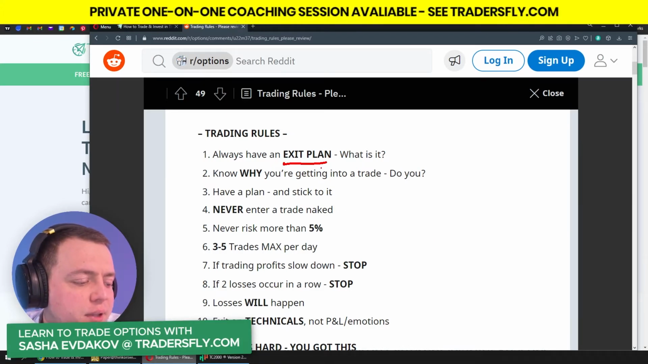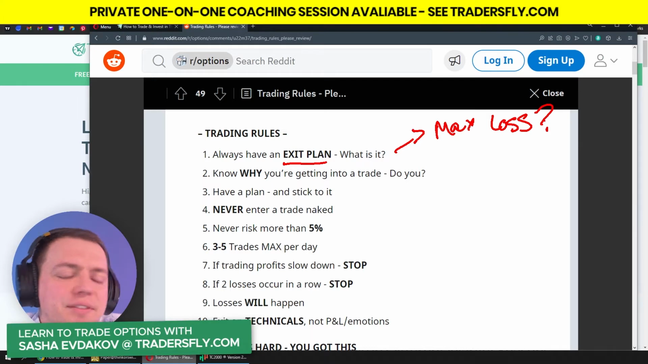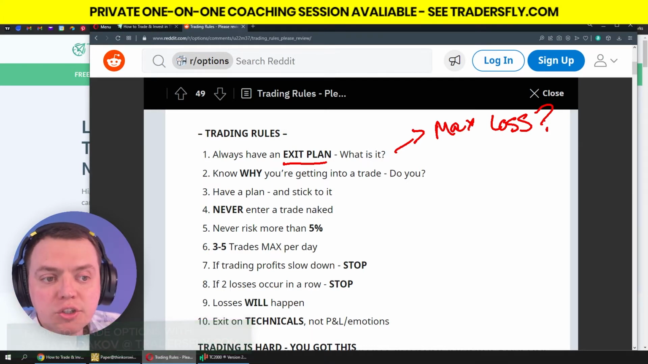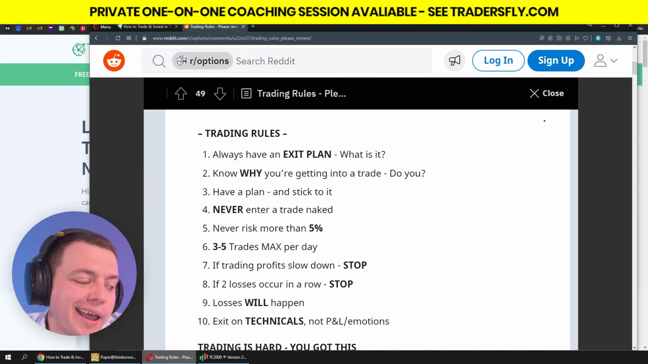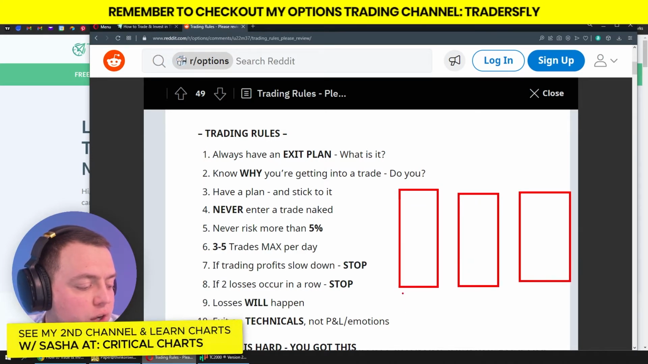Always having an exit plan is absolutely key. What is the max you're willing to risk? What's the max loss? You definitely want to have this, because then you know when to pull the trigger. But in certain trades, you might not have a max loss, because if you have a certain trigger where you're long invested,